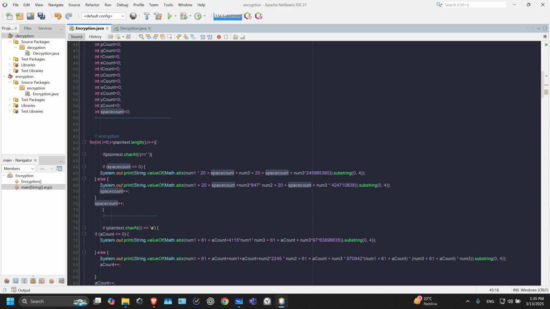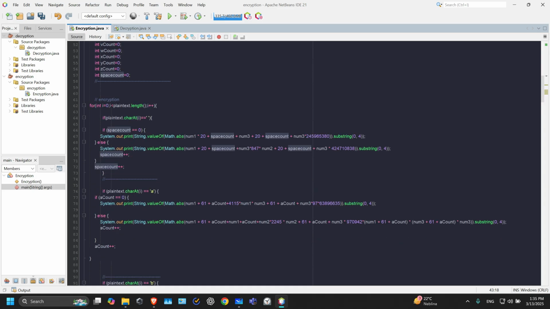It's going to enter here on this if statement. It's going to enter here on the space count. If it's equal to 0, that means this is the first time that the letter has been repeated. This is the first space in the plain text. So it's going to do some mathematical equations. I know this is not complex by any meaning, and I'm very well aware of that. That's why I made multiple keys to try to make it as random as possible and as big as possible,